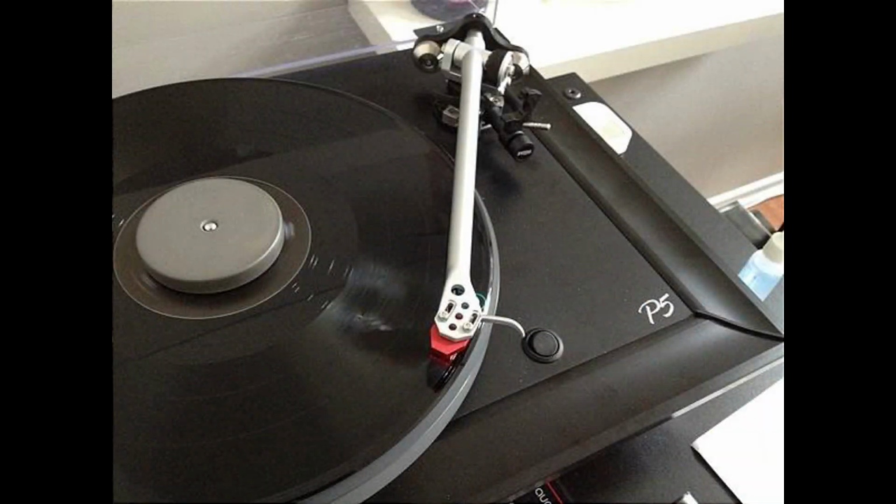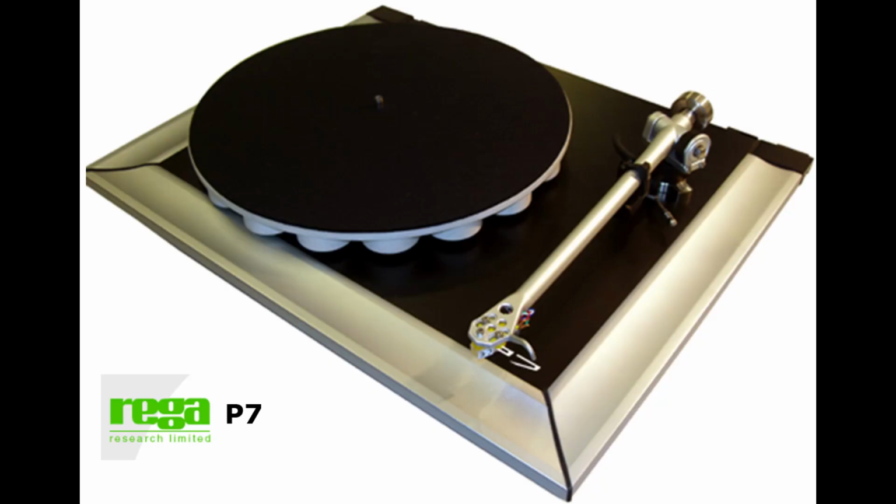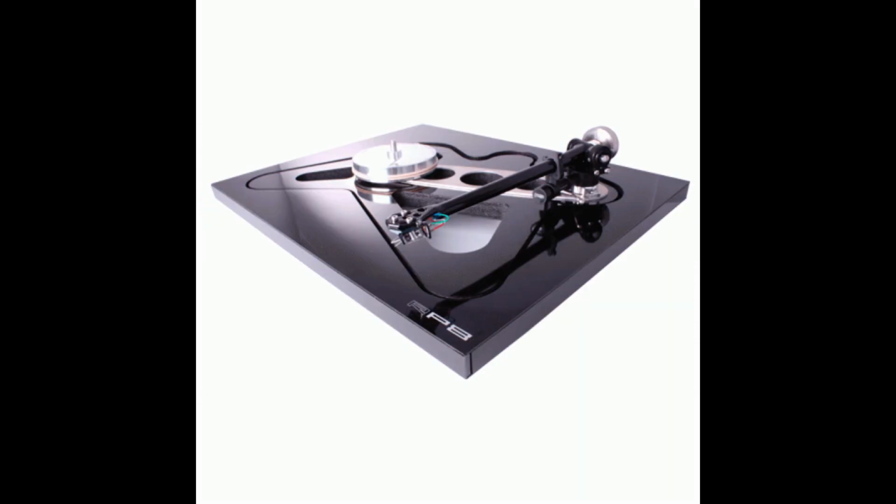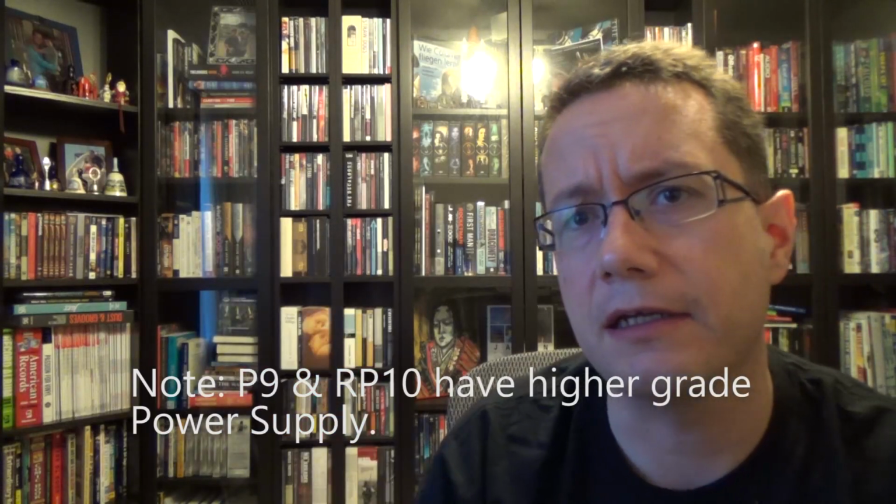Hello VC. So today I want to talk about this guy. This is the wall wart that goes to the Rega TT PSU, or turntable power supply unit. So some P3 and P24 models came with it, P5, P7, P9, all had this. The RP turntables, RP3, 6, at least the RP6, and 8, I believe, all have this guy and the standard